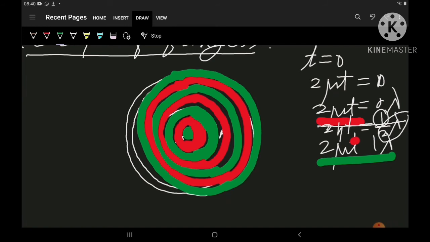So in this way we can say that dark and bright circles we will find on the film. These are the shape of fringes in the case of Newton's rings experiment, and obviously the fringes are circular, means in the shape of rings. That's why these circular fringes are known as Newton's rings.